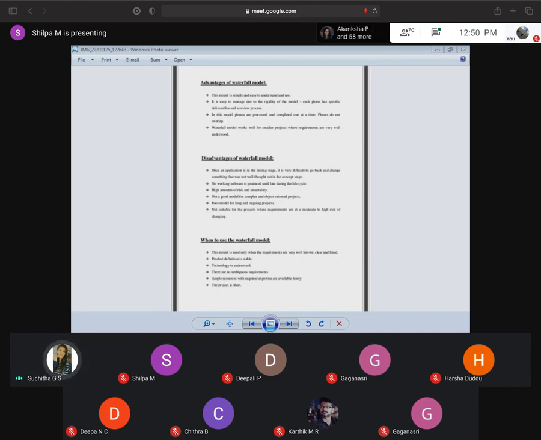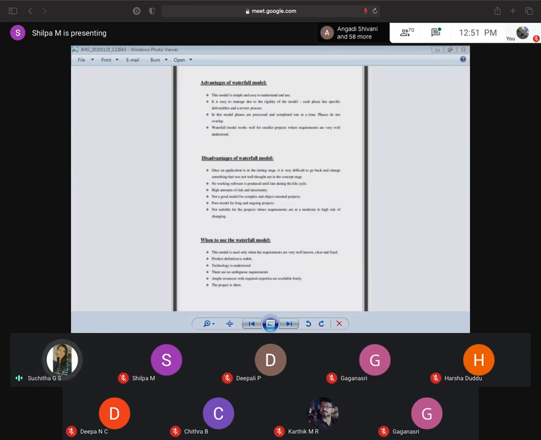Then the disadvantages of the waterfall model are: no working software is produced until late during the life cycle. High amounts of risk and uncertainty. It is not a good model for complex and object-oriented projects, and a poor model for long and ongoing projects. It is not suitable for projects where requirements have a moderate to high risk of changing.